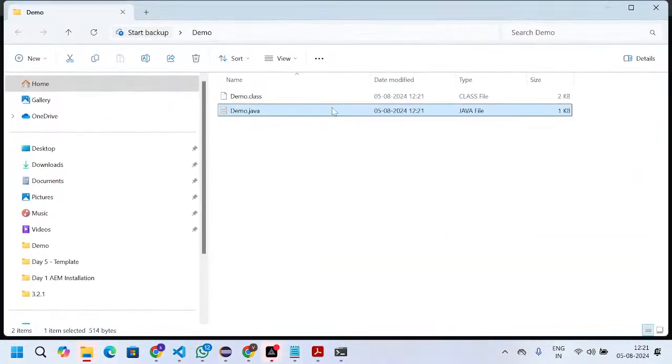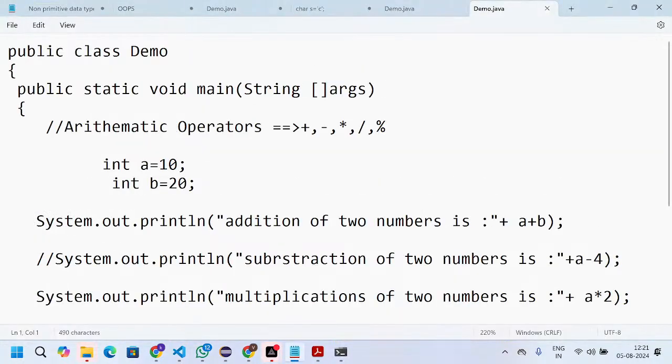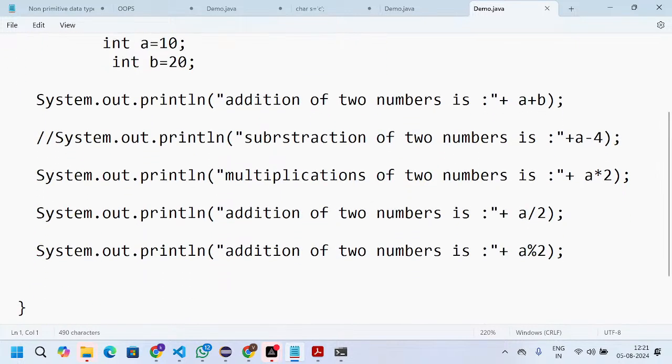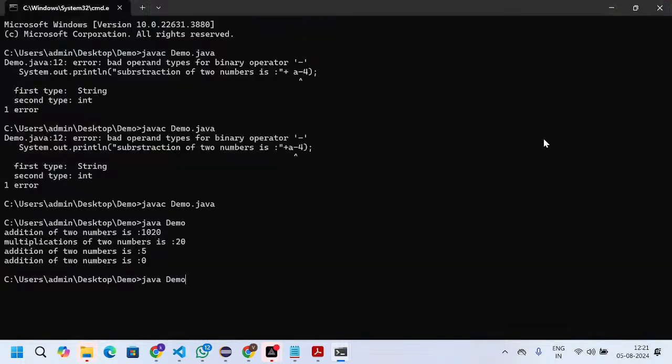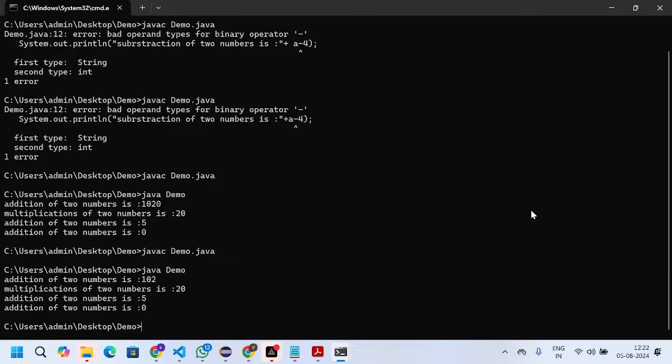Here, they both are, I would say, added. This is the one string, and this will also be treated as a string only. This was also treated as a string only. Okay, here we need to mention some two. Then if I save this one and come here, javac demo.